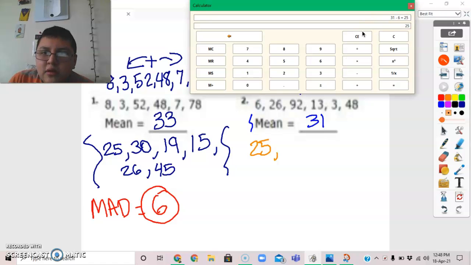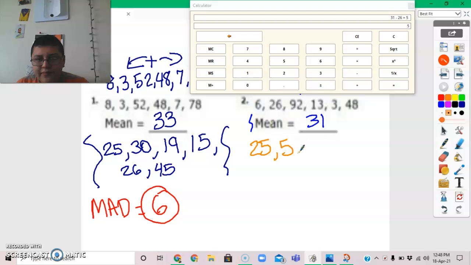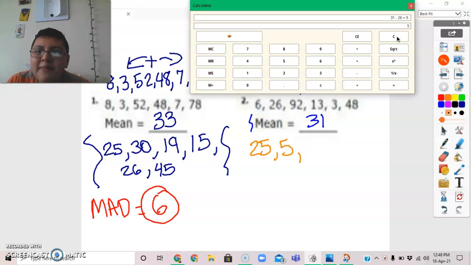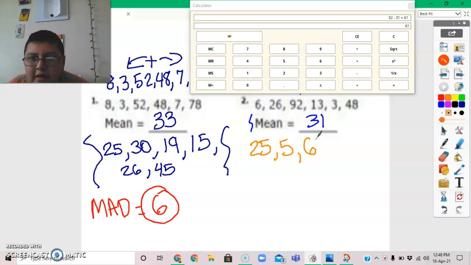Now 31 minus 26 is equal to 5. Now 92. And remember, this is absolute value. So if you have a larger number, you're going to subtract 31 from that larger number. So this time it's going to be 92 minus something that is going to equal 31. So 92 minus 61 equals 31. So 61,